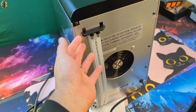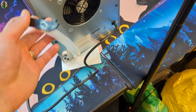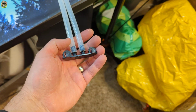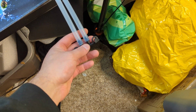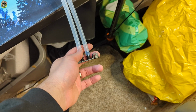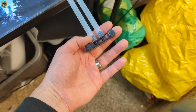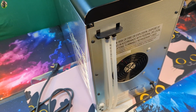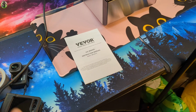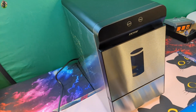Another thing I love about the VEVOR ice maker, they make it simple. So what you do is you lift this flap up and this is your drain line. All you have to do is pull this off, but don't pull it off until you have the water where you want to run it. If you want to run it outside or into a bucket and then pour it out, you can, which is really nice. And then you just simply connect it back up, lift up and put it back down like that. It is so simple. They make it so easy. This of course comes with a manual. I do want to point out,